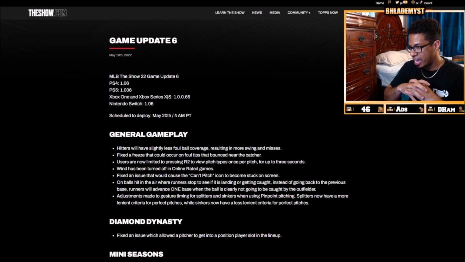my opinion. It could either mean that A, they have gone ahead and coded outer PCI into having less of an impact whenever you do swing, so your vision is not going to be as impactful as it once was, because vision is your outer PCI, which is what allows you to foul off pitches. Or they could have done this method instead. They could have gone ahead and restricted the range your PCI has outside of the strike zone, therefore resulting in